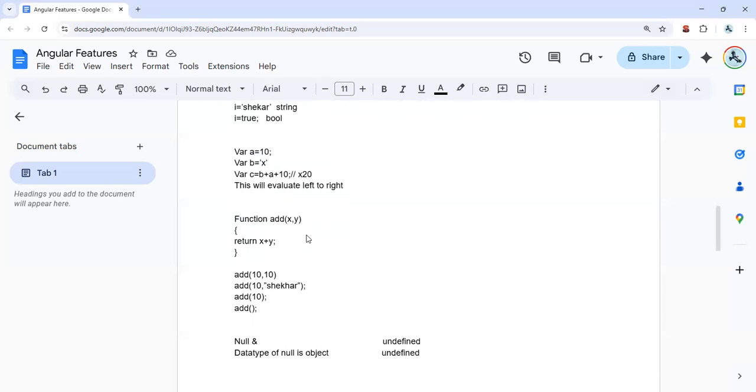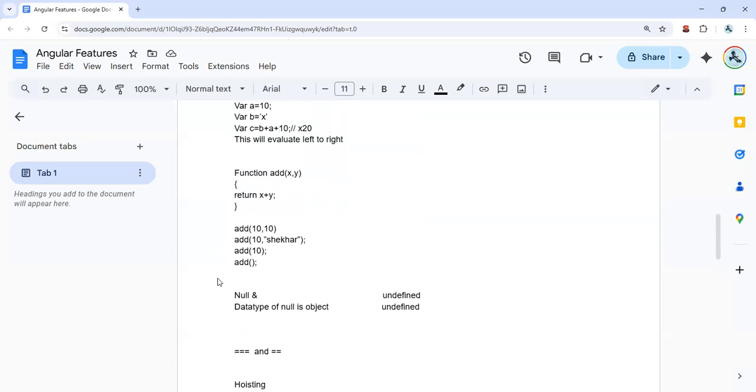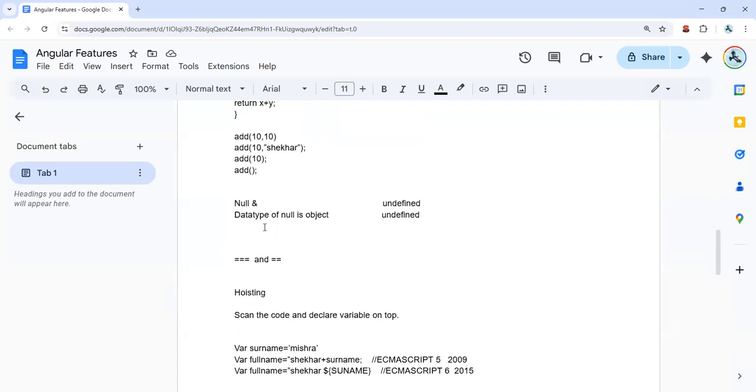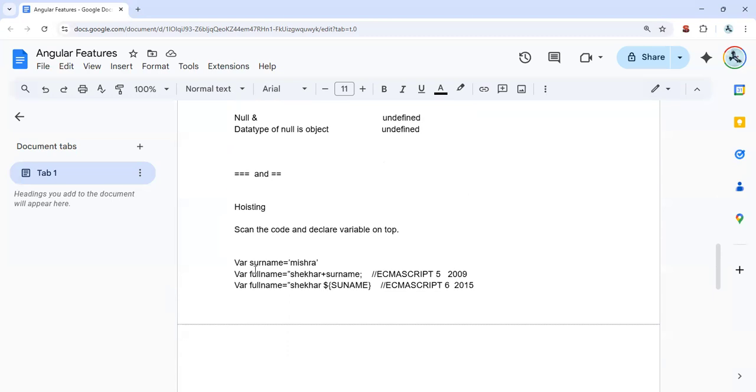This will evaluate left to right, correct? Also, create a function and pass parameters, with a number and a string, and what is the output? Then null and undefined: what is the use of null and undefined, and what is